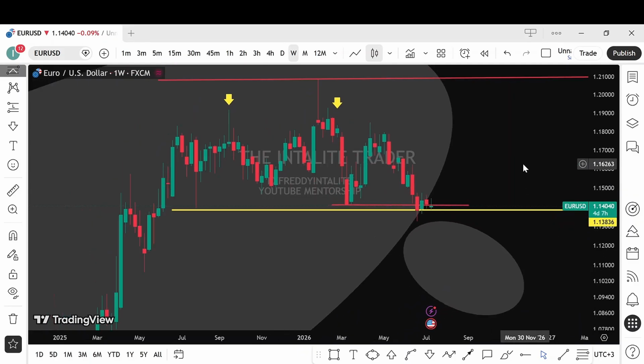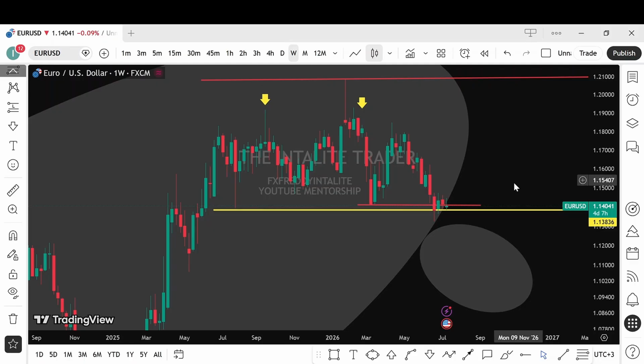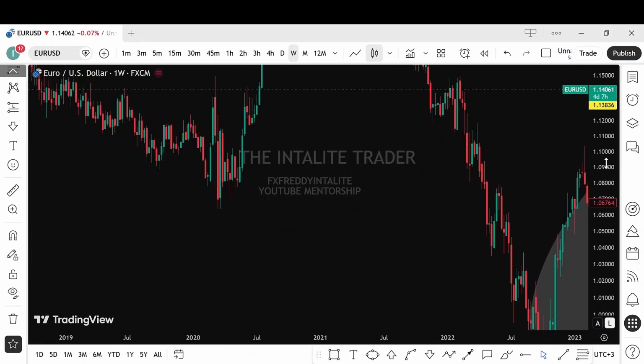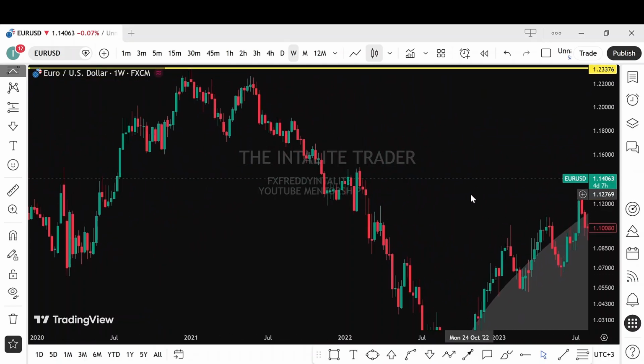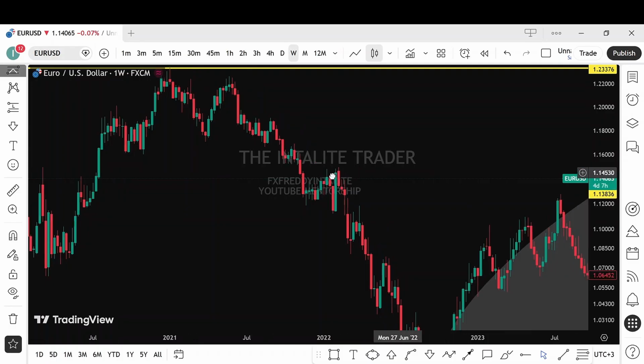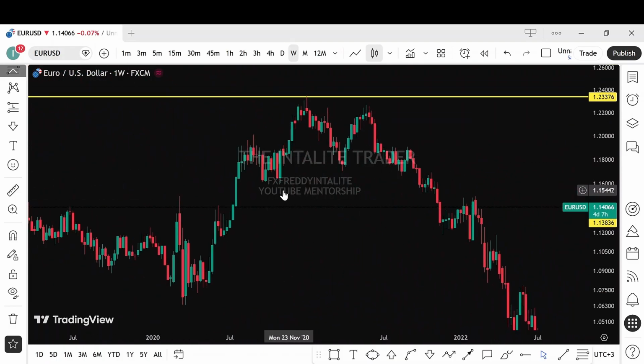The goal is not to be right. The goal is to follow your rules. This is a shallow pullback. Okay. This is a deep pullback. Now, to summarize this,